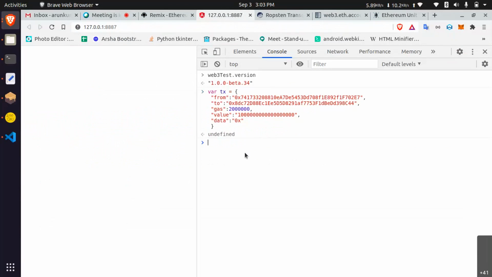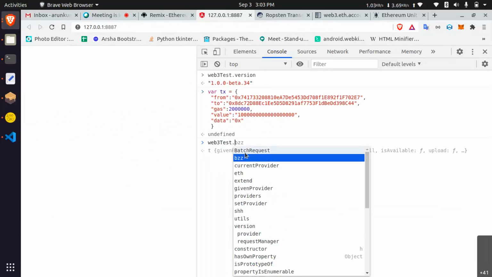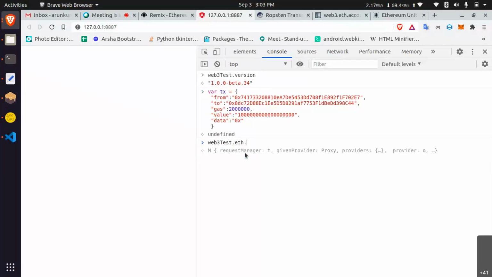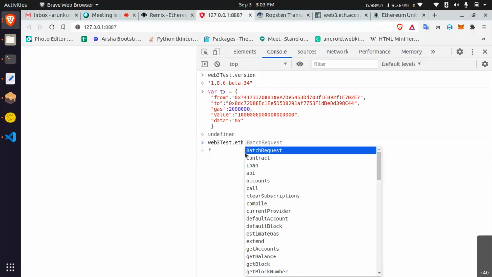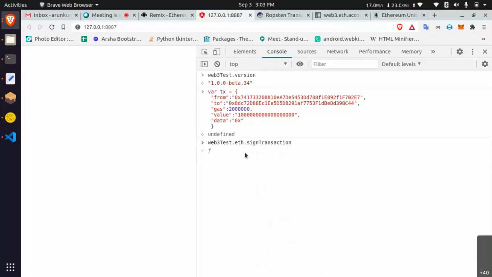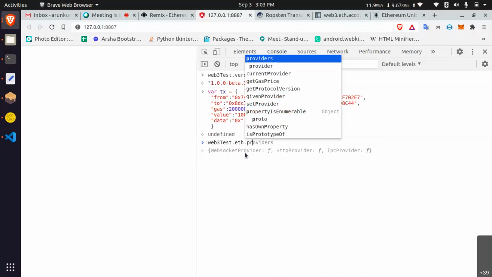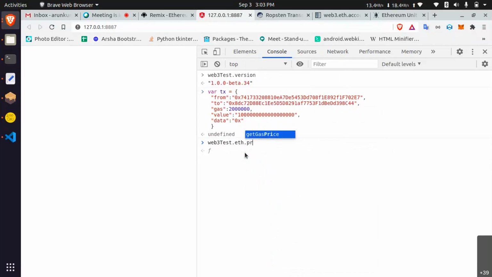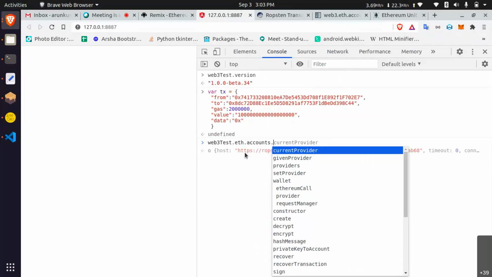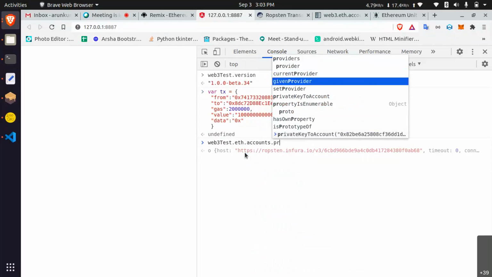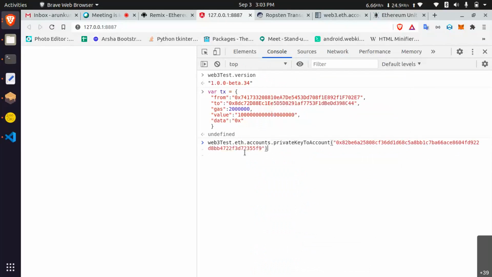We need to sign like web3.eth, eth means Ethereum, dot sign transaction. Let's say private key to accounts, private key to account. Okay, this private key is my MetaMask private key.